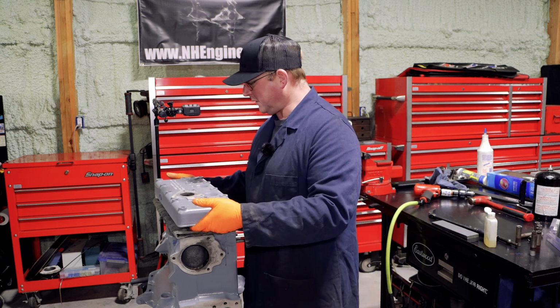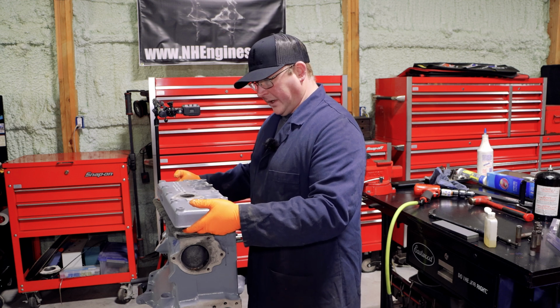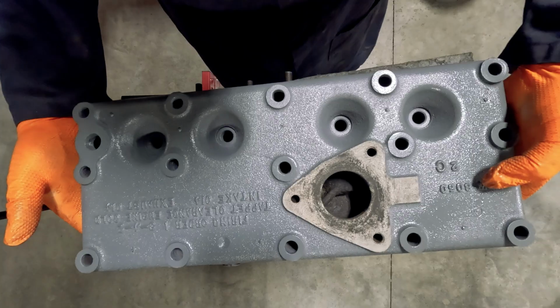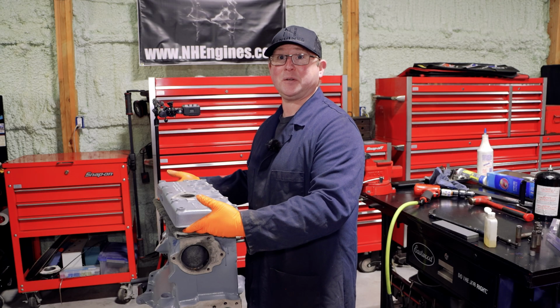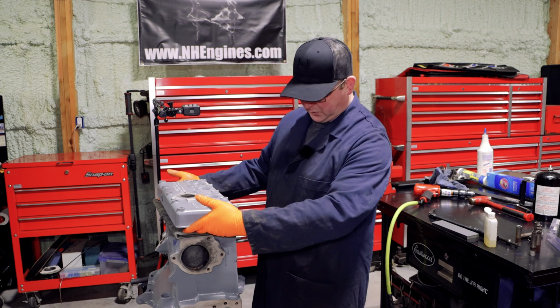So the next thing I want to evaluate is this head. It's the one that came off this engine that I got from Larry, and there's two things I really like about this head. One of them, you'll notice that Ford F and then GPW. This is an actual GPW head, and I'm guessing it's probably the original head, and then they bought...